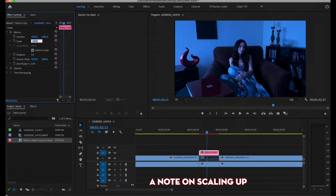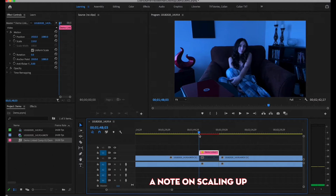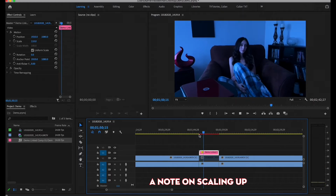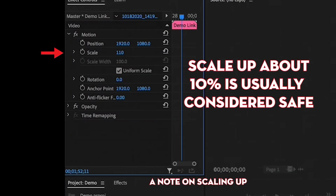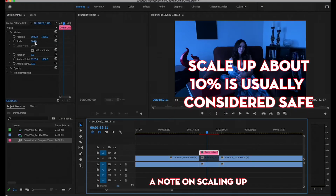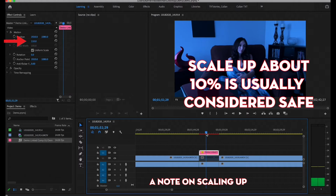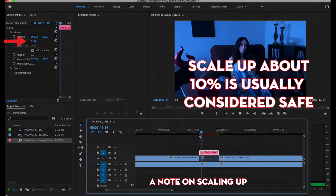Now this is not necessarily a reason to not add shake to your frame if you shot the film in the same resolution that you're going to finish in. It's just that you have to make that call if the quality loss or the shake is more important to you. I am also a professional editor, and as a general rule, I will scale something about 10%. Once you get beyond that, you start to see some quality loss. If you're scaling your image beyond 110%, or 10% over its initial resolution, you might start to see loss, but